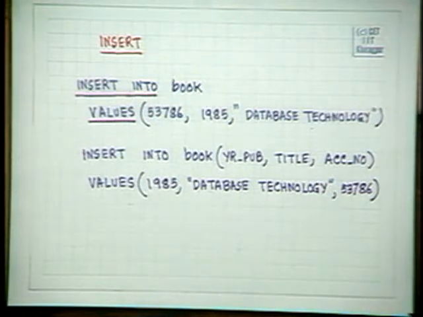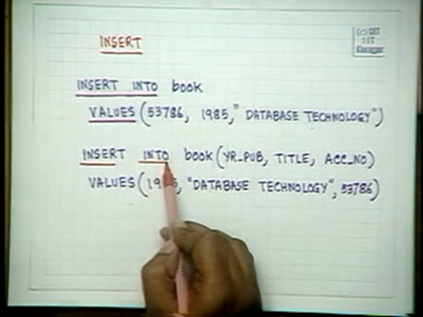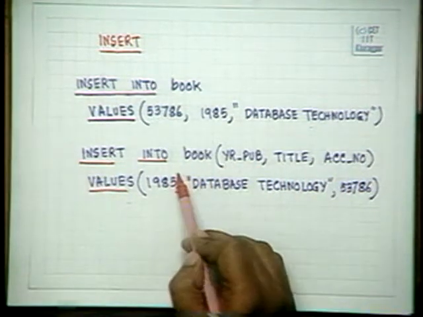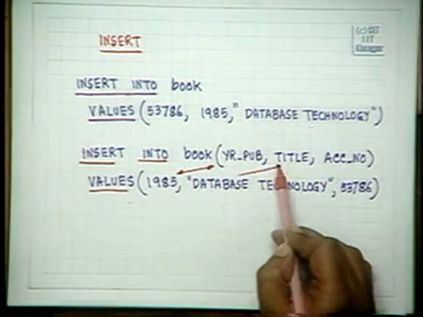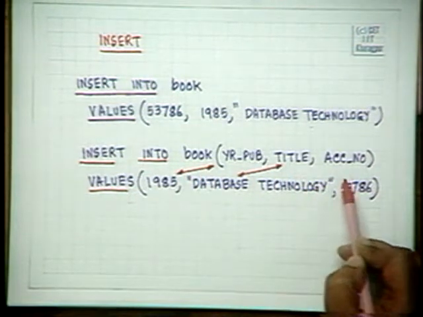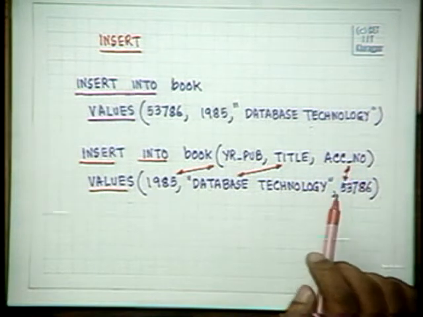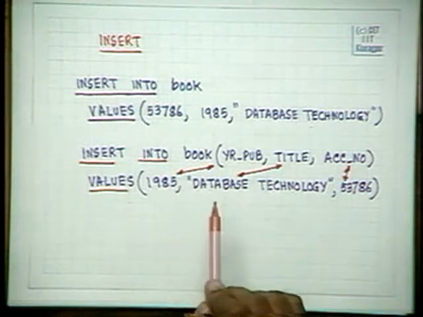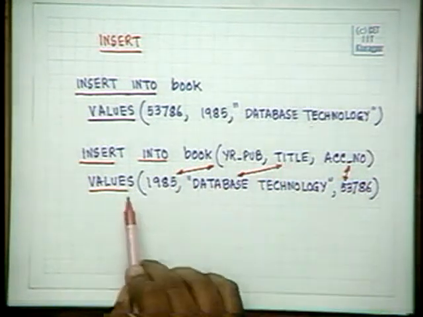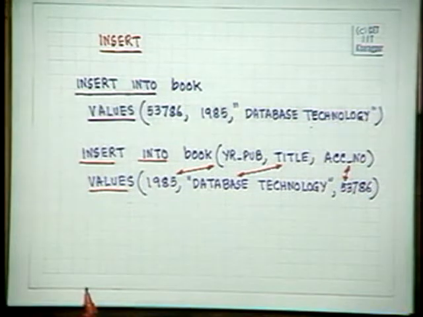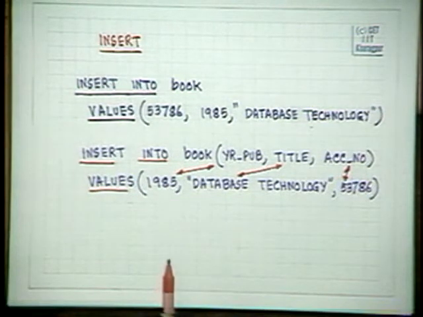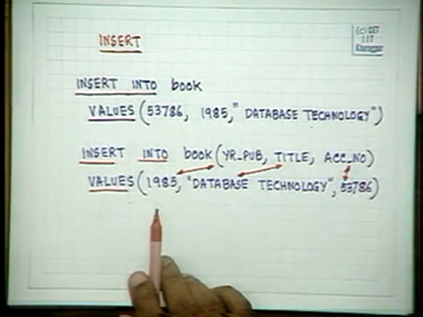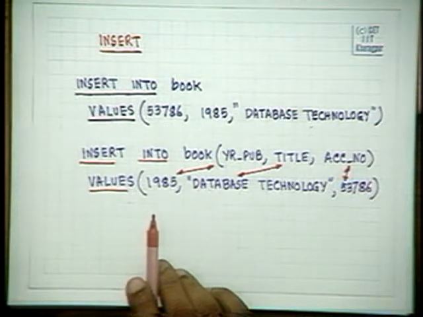So you will have insert into book, then you will write down the attributes, and then you will write down the values, and they will correspond to the attributes in the order in which you have given them. Now suppose you don't write down one of the attributes. This book has got 5 attributes, and you suddenly write down insert year of publication, title, and you write down the values. Then in the database, normally you should not do this. This is not what is normal. This is not what is there in the normal definition of a set.